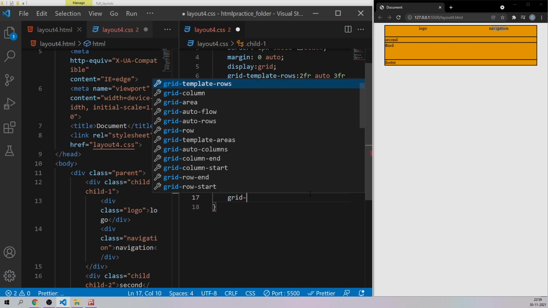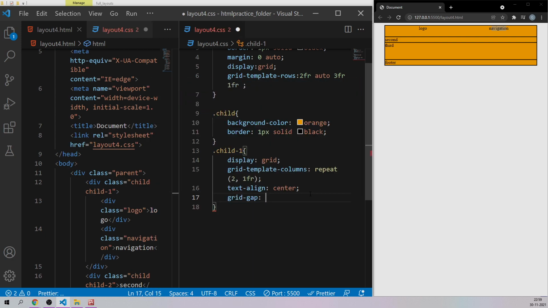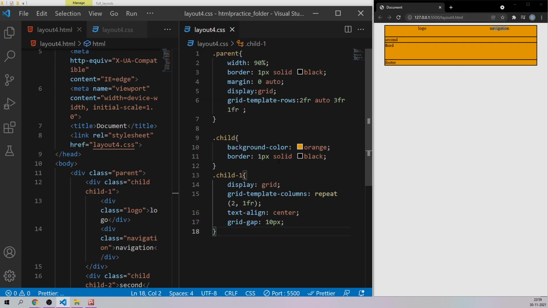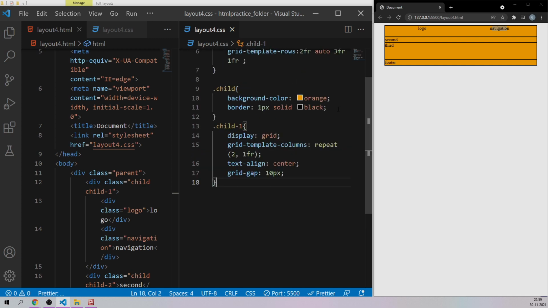And if you want, for the time being, we can display the grid gap. Grid-gap, let's say 10 pixels, and there will be a gap over there. And since the background is orange, we are not able to see that property right now. So what we can do is target the individual class names.